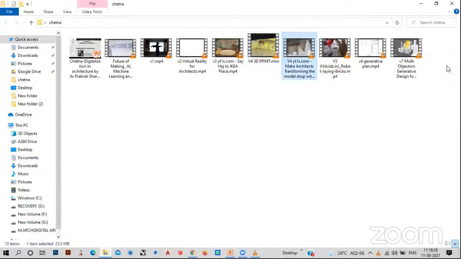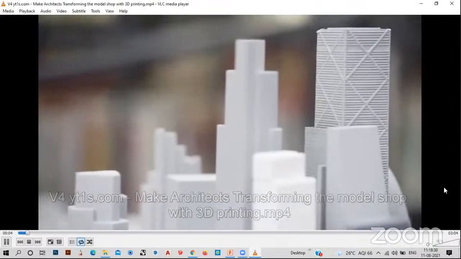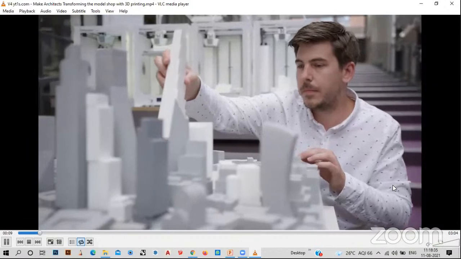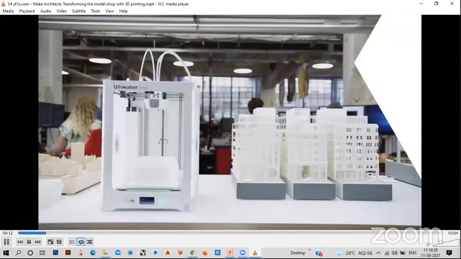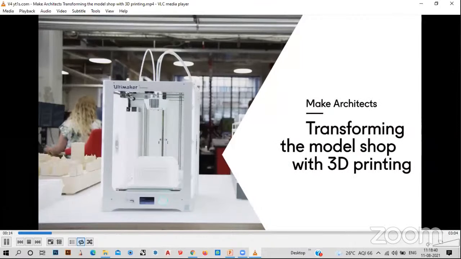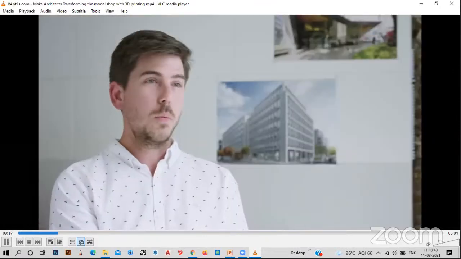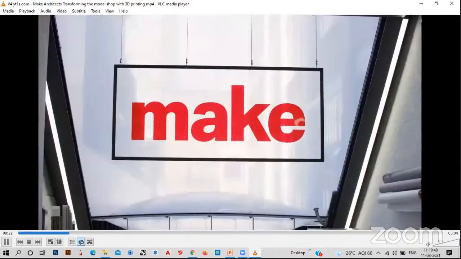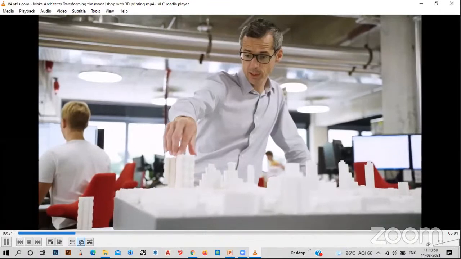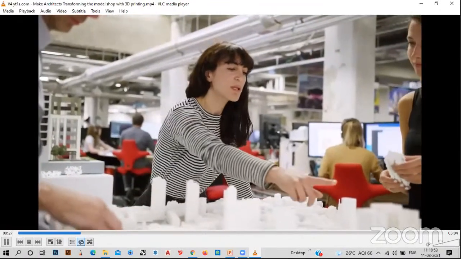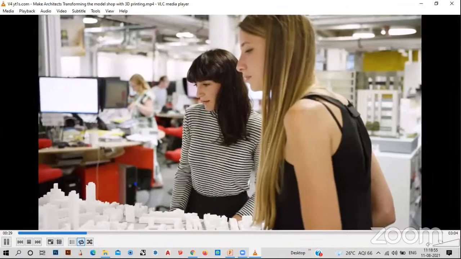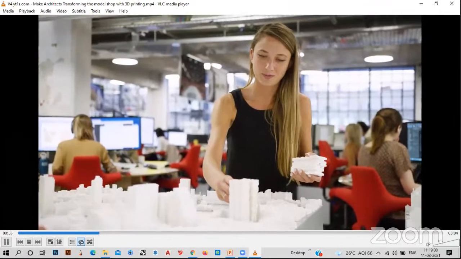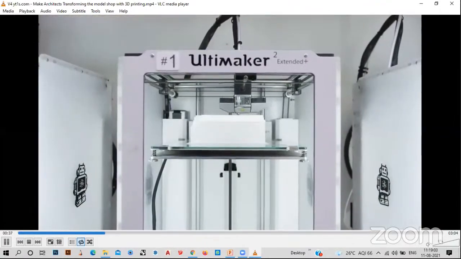And this is how models are transforming. So they have made the models in the software and it is saved in a CST file. This is a 3D printer which creates your models. So from a micro scale to a macro scale, for example, making your thesis model or design model, up to a real 3D printed house, and they have 3D printed bridges also. So this is how it works.